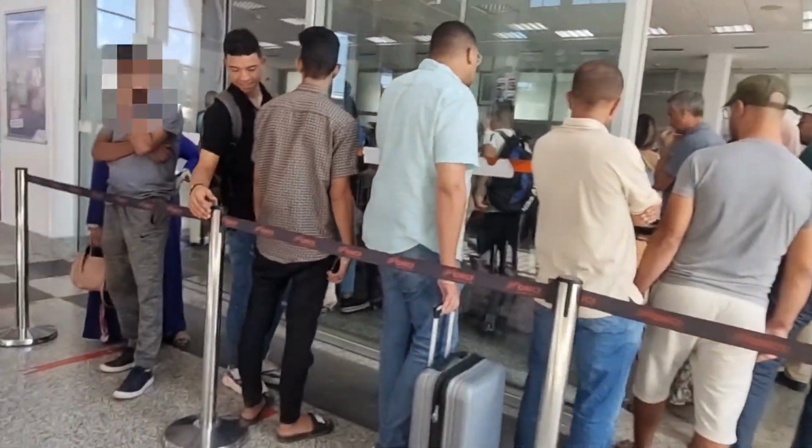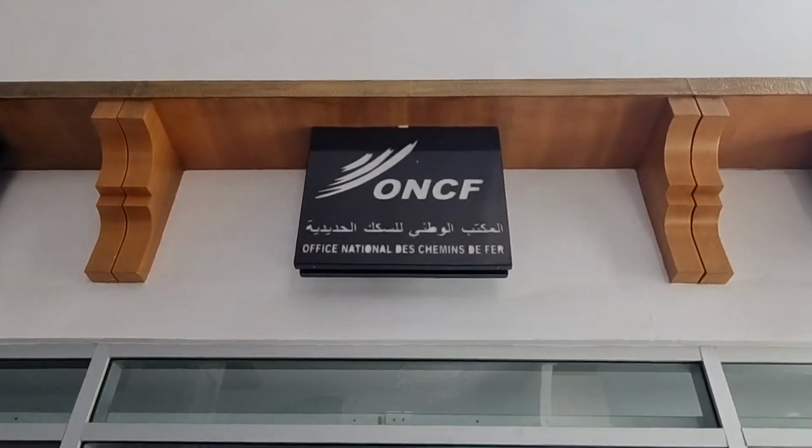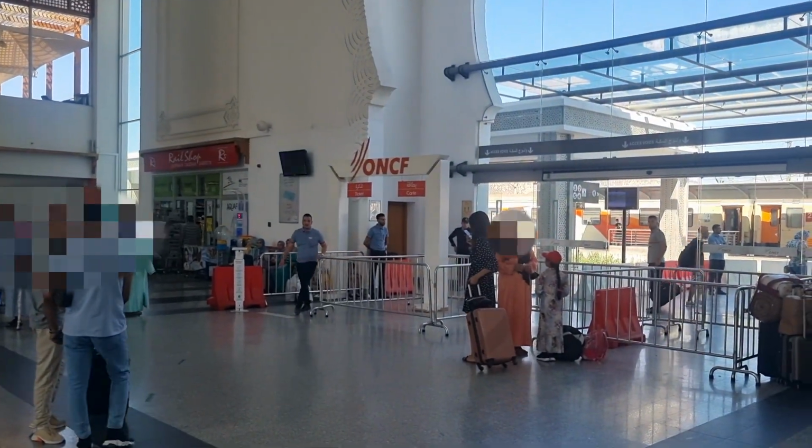The train station here, the ONCF, it's actually pretty good. Much better than what I thought it would be. The people who sell tickets, the one that we spoke with, speaks English really well. She was very clear with her instructions. We rocked up, we waited about 10 minutes in line to get the ticket, and then from there we've waited another maybe 30 minutes to jump on the train. We're just about to go out through the gate here, show your ticket, and then go through the...